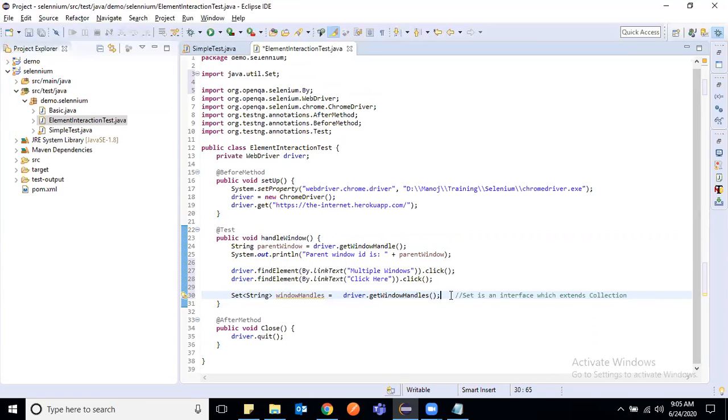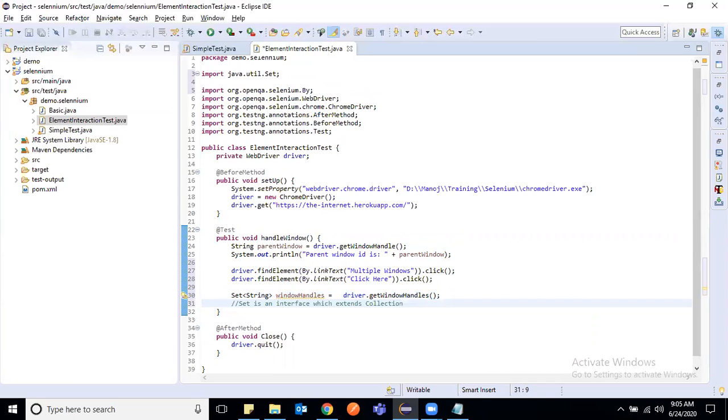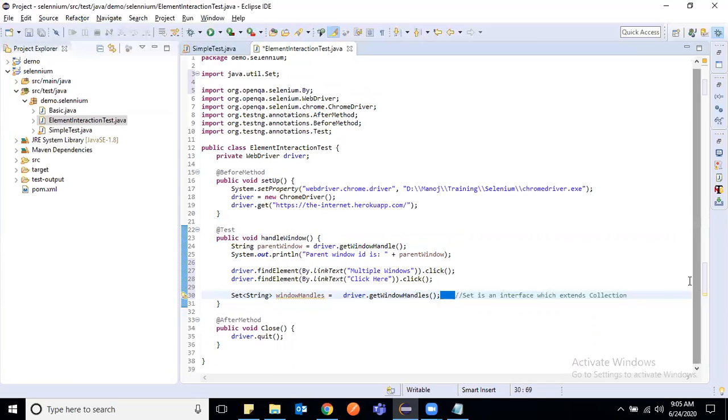So we have now this window. Let us see how many window IDs are available if I want to print that.